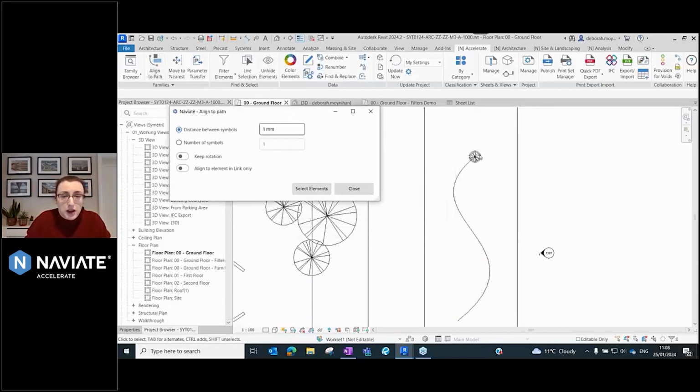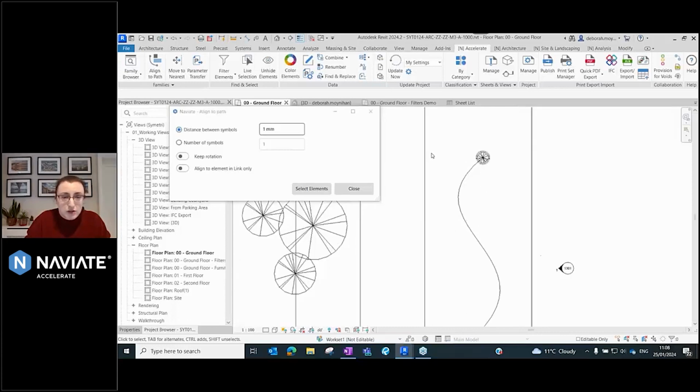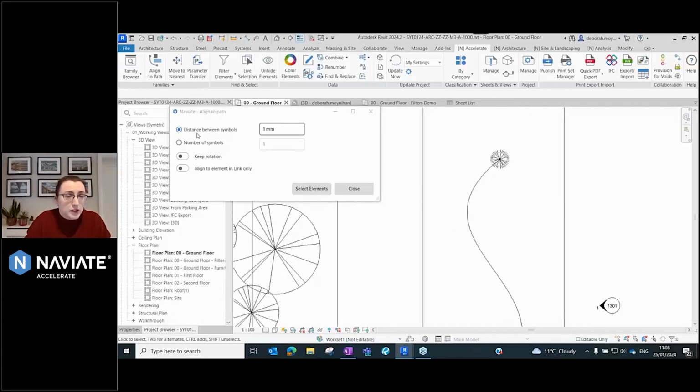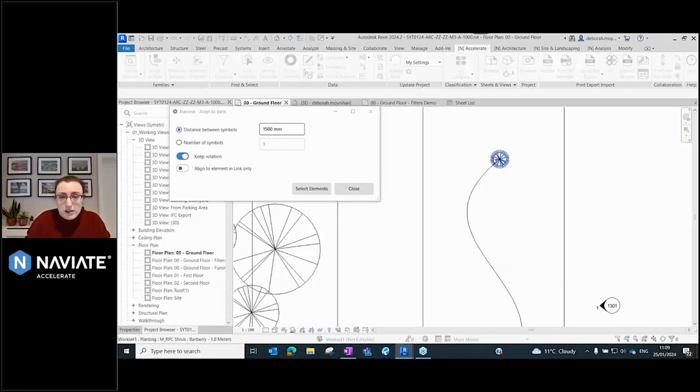by simply having your symbol, having a path drawn. I have this path drawn in advance, and then being able to either set a distance between those symbols or set a default number. So I can set a distance on this of 1.5 meters. And I also want to keep the rotation of the symbol as well. All I simply have to do then is select my tree. Navigate is going to prompt me, do I have multiple elements? I don't, I just have the one. I can select my path, and